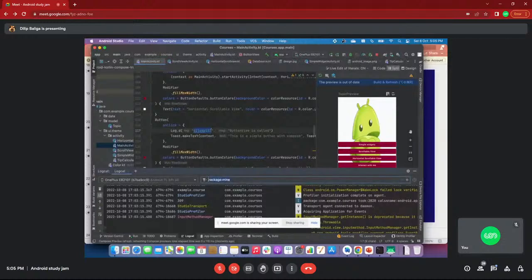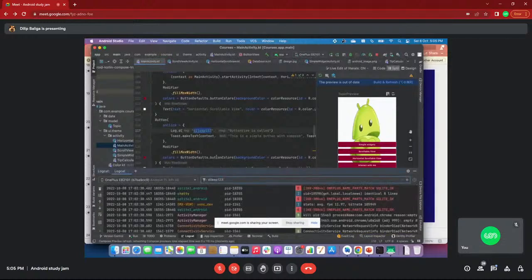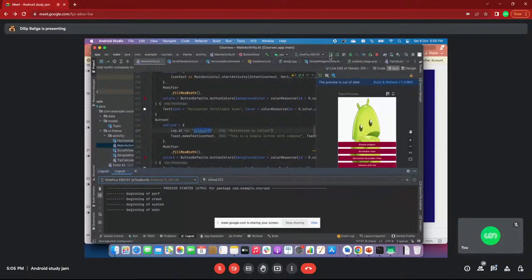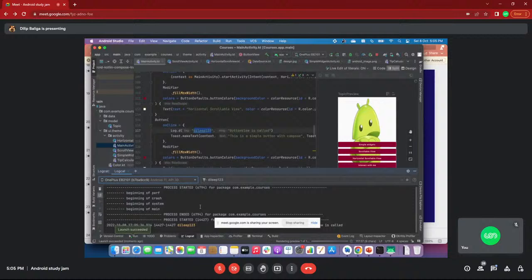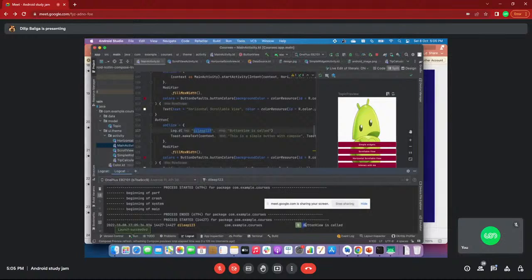You just assign the filter here and run it. One of the debuggable tools is this one, and here you can see my name, Dilip 123. "Button view is called" is printed just to make sure that the code is executing. Currently I'm talking about the debuggable tools you can use while building your application, so that you can build it easily.